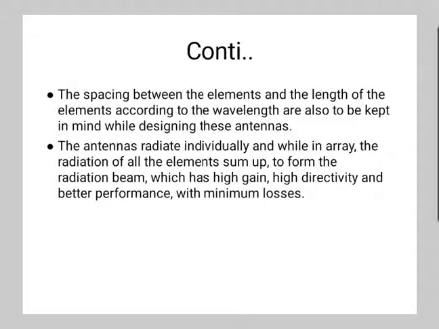In the directions in which the individual waves arrive out of phase, with the peak of one wave coinciding with the valley of another, the waves cancel, reducing the power radiated in that direction. Similarly, when receiving, the oscillating currents received by the separate antennas from radio waves received from the desired direction are in phase, and when combined in the receiver, they reinforce each other. While currents from the radio waves received from other directions are out of phase, and when combined in the receiver, they cancel each other.